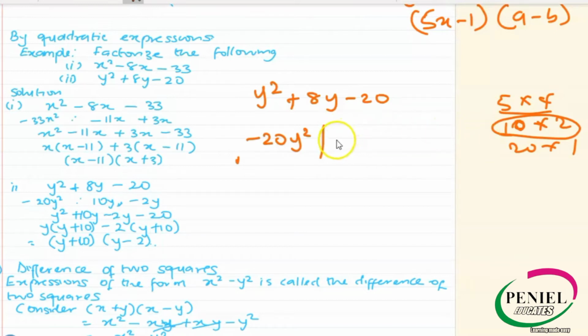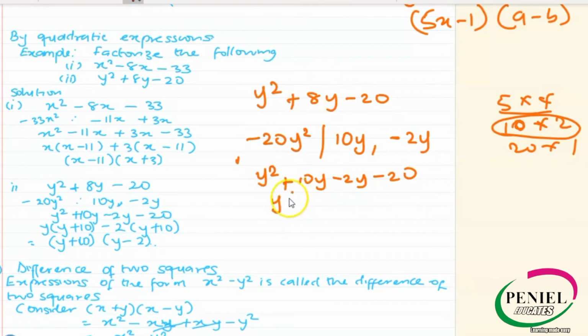that's 10 and 2. So I can do a 10y, then minus 2y. So 10y minus 2y is going to give me this, and 10y multiplied by minus 2y is going to give me this. So I can replace this now with this. I can put this one as this now. So y squared plus 10y minus 2y, this has replaced this, then minus 20, then a y, into y plus